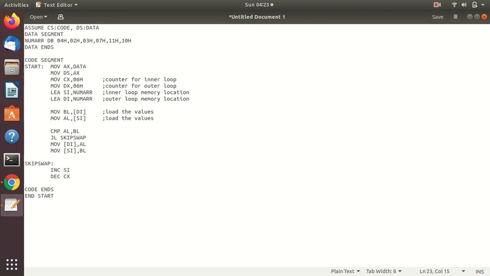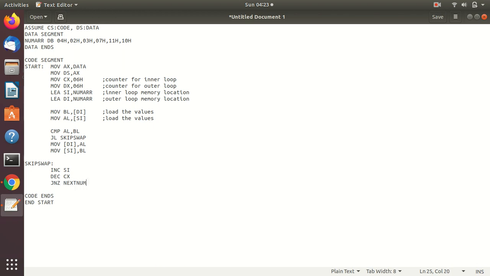So here SI only will be incremented, we are not incrementing DI. DI is still holding the same value, but if the swap occurs here, DI will have some other value. So from this point we need to take a jump back. Okay, so here jump if not zero next num.